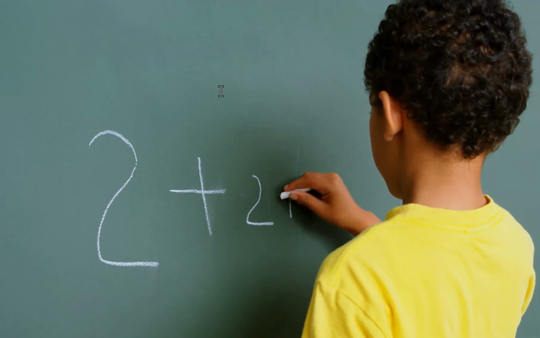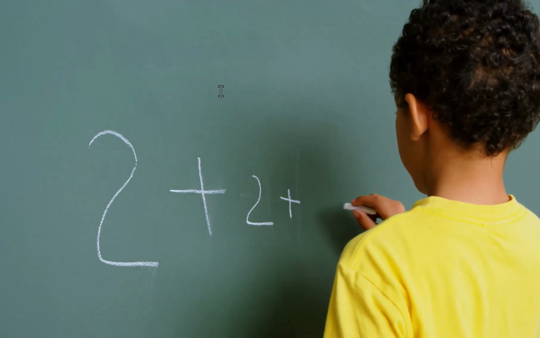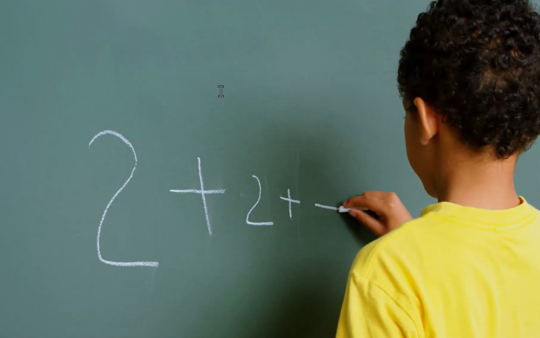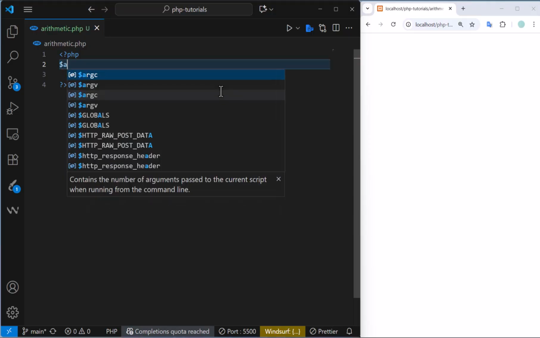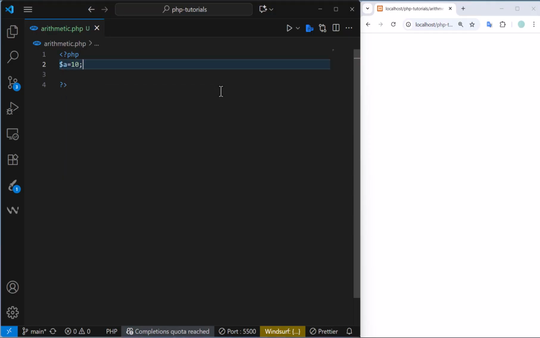In this video, we are going to talk about the basic mathematical operations in PHP. So let's create our opening and closing tags first of all. Now, let's imagine we have a variable with the name of $a with a value of 10 and another variable